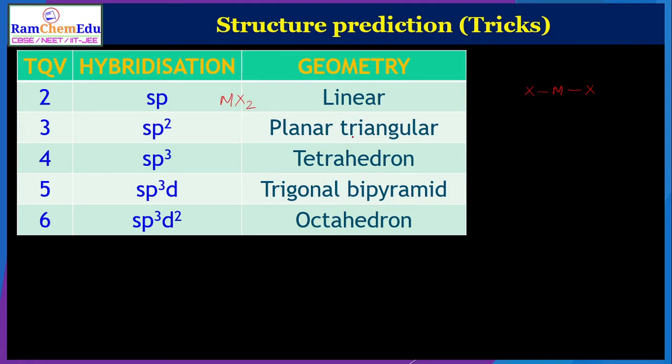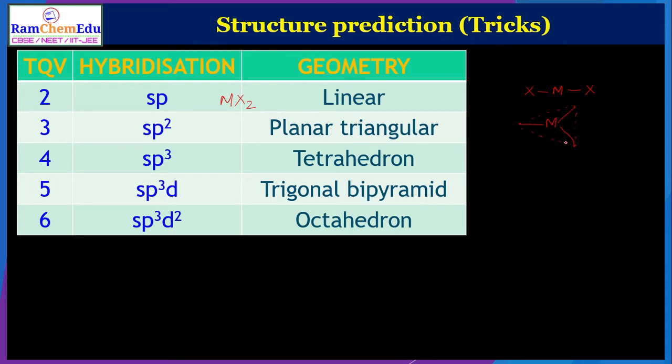And for planar triangular sp2 molecules, you can have this central atom and the triangular shape. You can fix the points like this as a triangle, then you may join. Right, now these are the bond pairs. You can join these bond pairs and on the side you can put some dotted line.